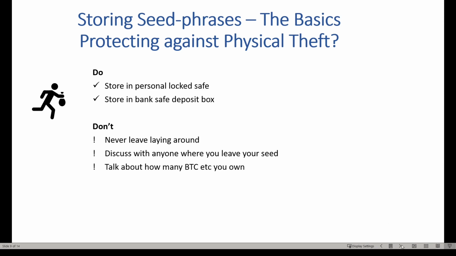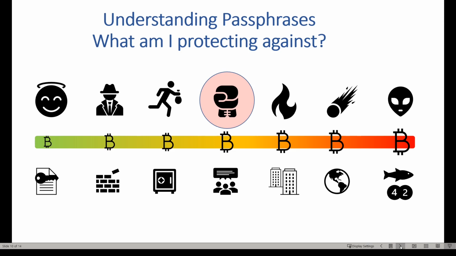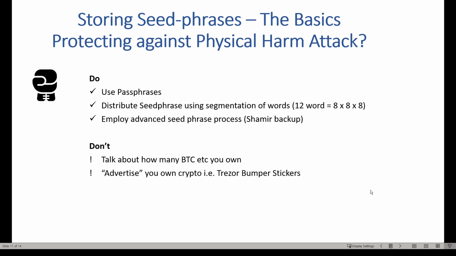All right, let's keep rolling on. All right, so this next one, this has happened, and look, I'm sure as we get more Bitcoin millionaires, this will become more prominent, and that's what we call a physical harm attack, or the $5 wrench attack. So you can have the best security, the best passwords in the world, but if someone comes up to you with a $5 wrench and starts wailing into you until you give up that information, it's pretty hard to protect against things like that.